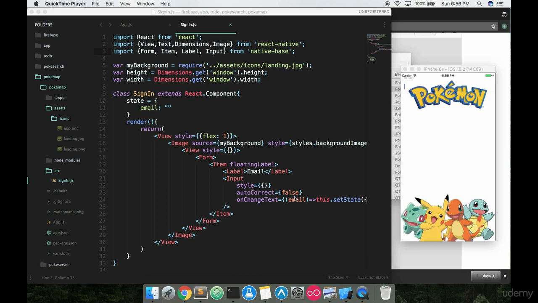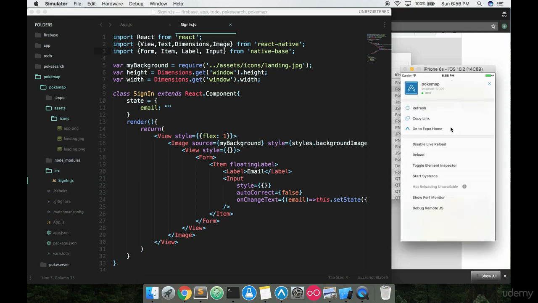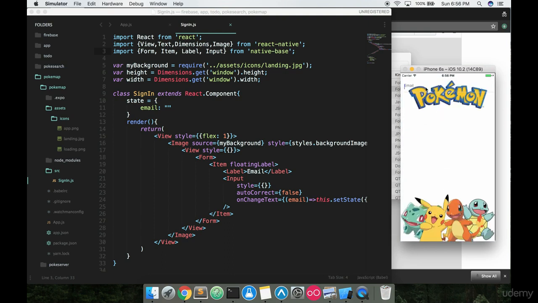I did say I was going to show you what the autocorrect did, and I actually didn't get around to it, so let's do that right now. I'm going to refresh my React Native app real quick, and notice I just clicked in here, so I see the email. If I start typing stuff right now, notice I'm just typing gibberish. You can't really see it because of the Pokemon there, but I'm just typing in gibberish,